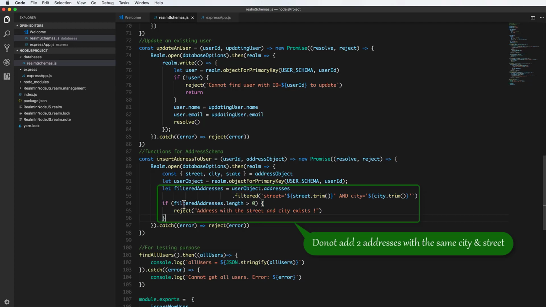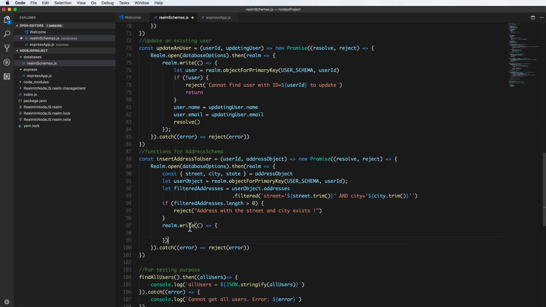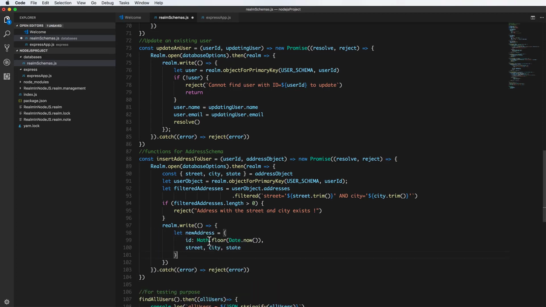So we can search for the address, and you do not allow adding two duplicate address objects. Then if it is okay, you can add an object to an array. It is very simple. You create a new address object from some of the values here. It has values for street, city, and state, and the keys are street, city, state,